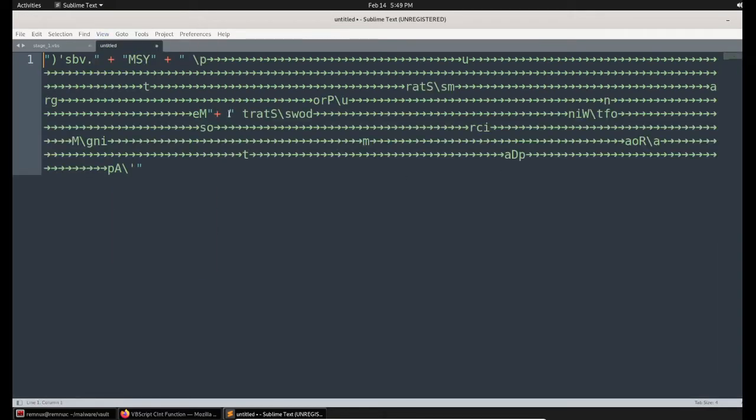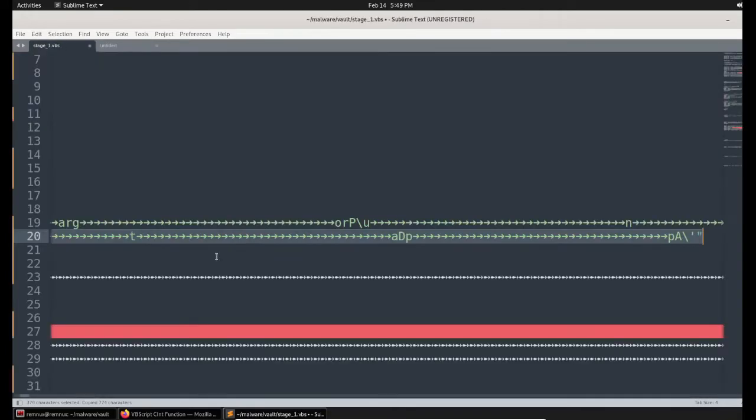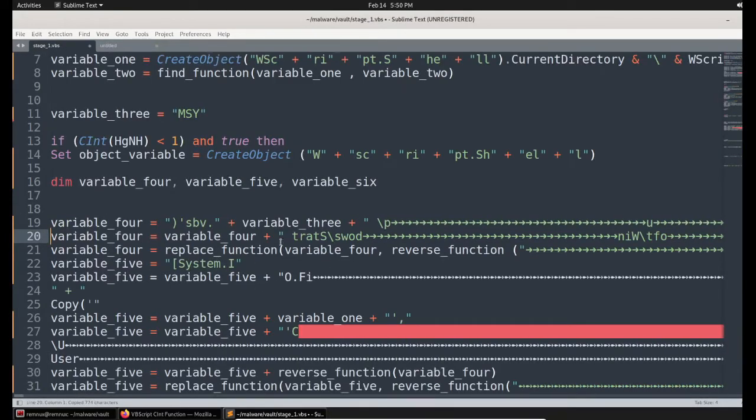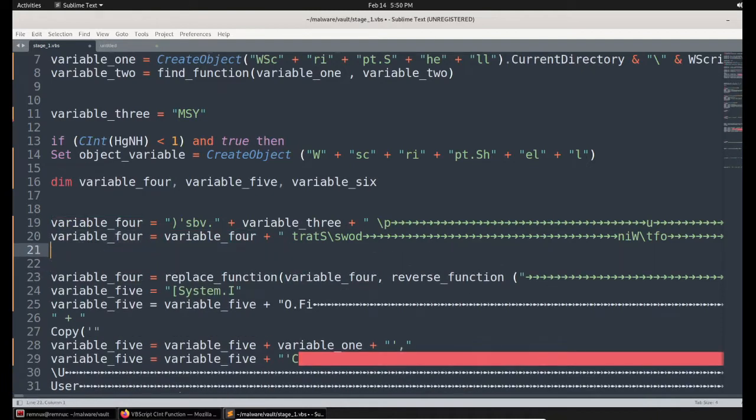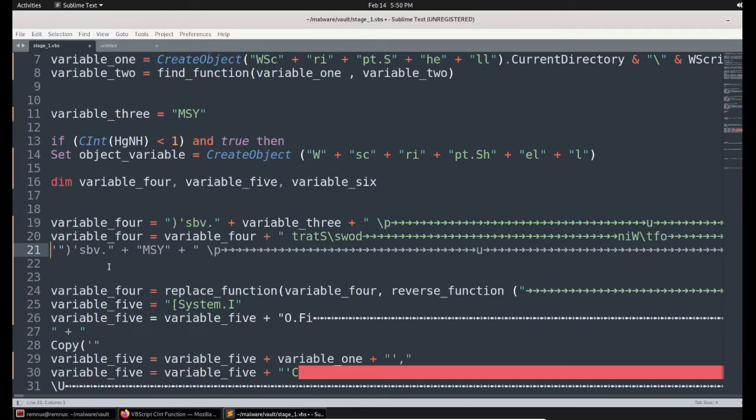If I enable word wrap, I can see the concatenated strings here. So this is the value currently present in variable 4, and I'm simply adding it as a comment for understanding.